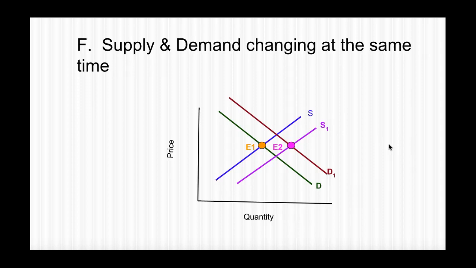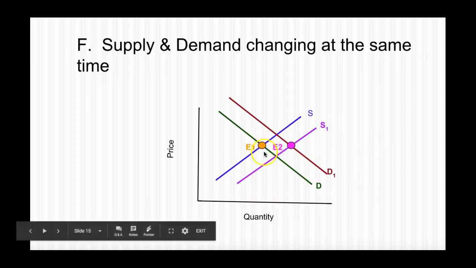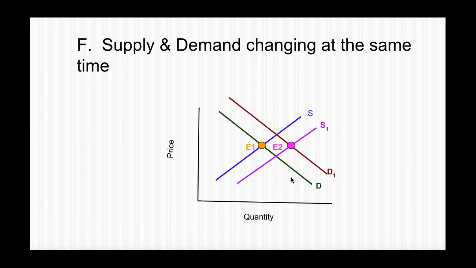What happened to my quantity from E1 to E2? Obviously it increased. It goes from here to here. But what happened to my price? Remember, price is over here. Price pretty much stayed the same, right? Here's the thing: when both supply and demand increase, we know that the quantity is going to increase, but you don't know what happens to the price, because potentially I could have, for example,